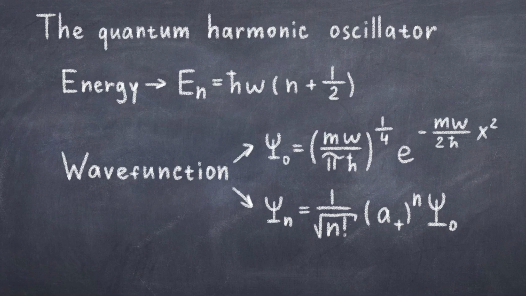So we simply just add the ladder operators to obtain the wave function for any higher state, and the fraction in the front is just the normalization constant. And that concludes our look at the harmonic oscillator and its wave function. Now we can move on to consider the free particle.